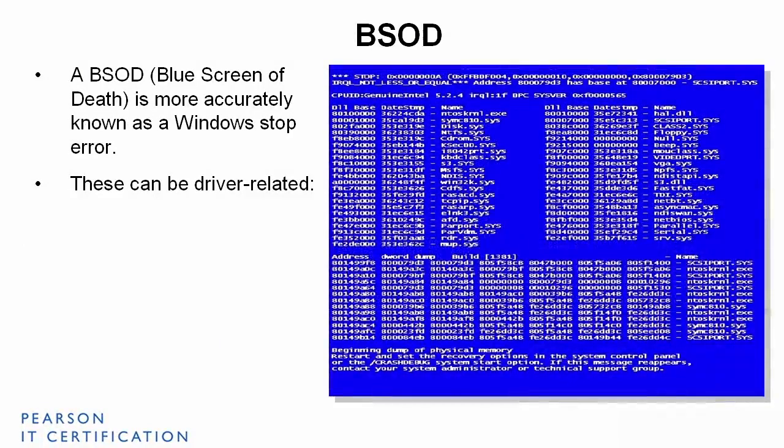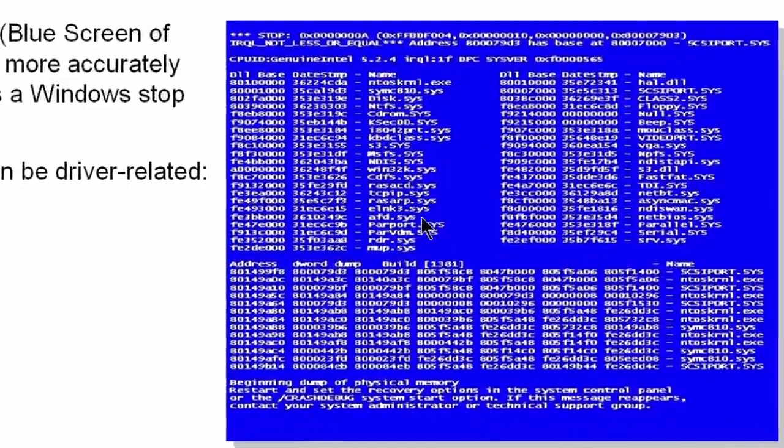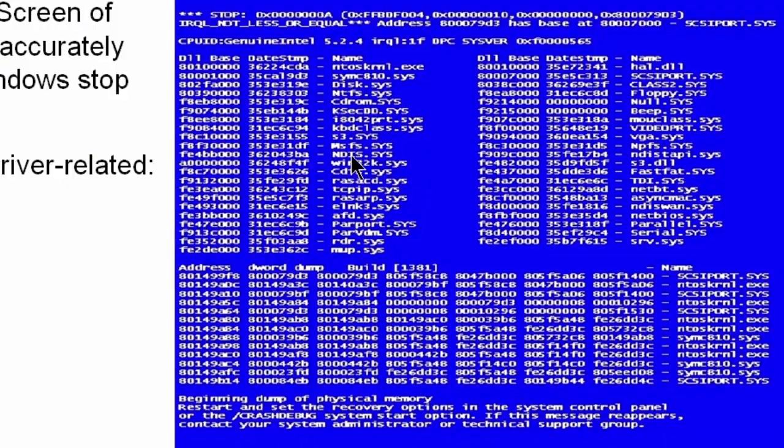They can be driver related, and the first blue screen we showed was driver related, and this one is as well. There's a list of drivers that are loaded up here, starting with ntoskrnl.exe, and that is the core. That is the kernel file for Windows. Without it, you can't do anything. And then all these other drivers are loaded up, and then the second column here. You'll see ones that fail quite often. HAL.dll, keyboard class,